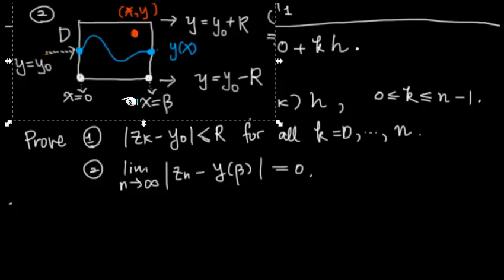And xk, of course, is by our definition between 0 and beta. Therefore, this guarantees that our point xk, zk, which is a point from the Euler method, is within that box, so it doesn't escape. So this follows from the condition beta being less than